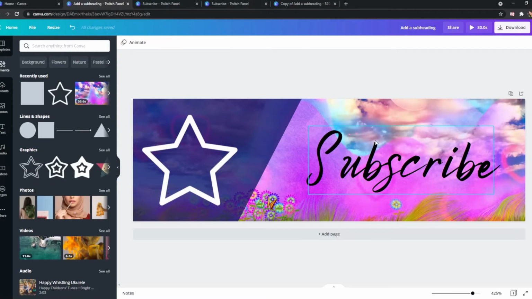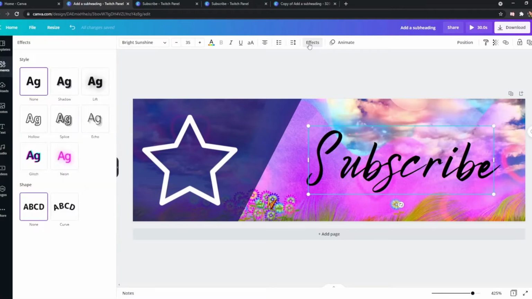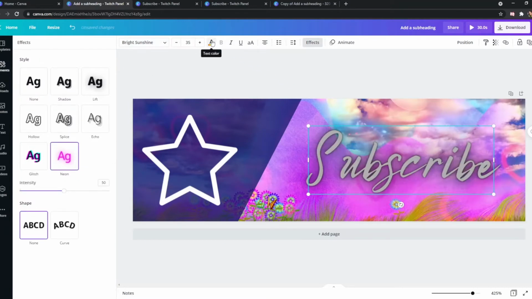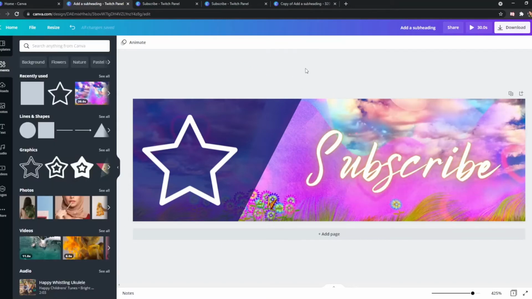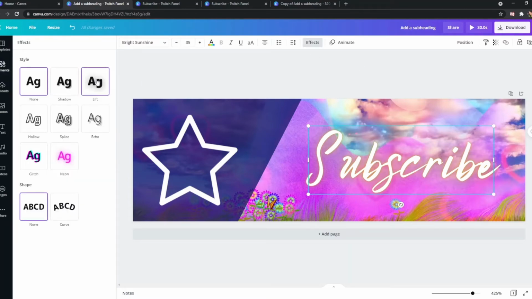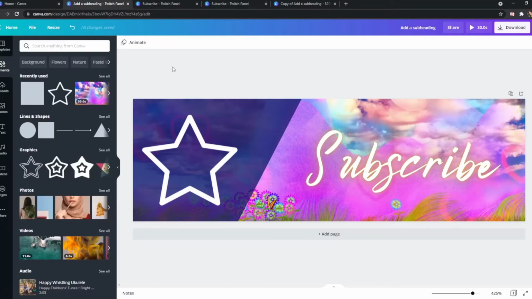All right, so from here, I'm gonna do the tried and true. We're gonna go to effects. We're gonna press neon, and I'm going to change the color right here at this button to my gold. Again, though, this is all up to preference. You absolutely do not have to use the neon effect or do anything that I'm doing, honestly. It's just being aware that this stuff even exists on Canva, and you might find that you like the shadow better or you like lift better. Absolutely go ham and do it. It's literally just knowing that this is available and that this is a thing